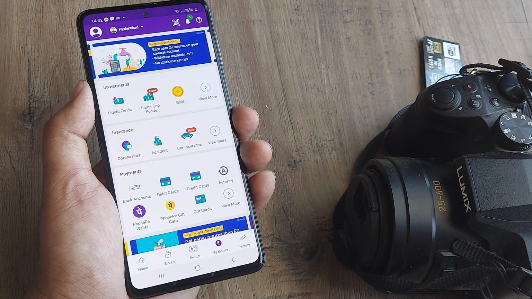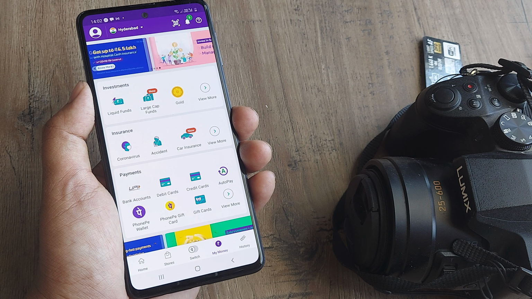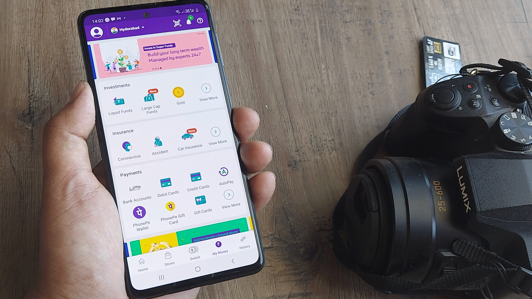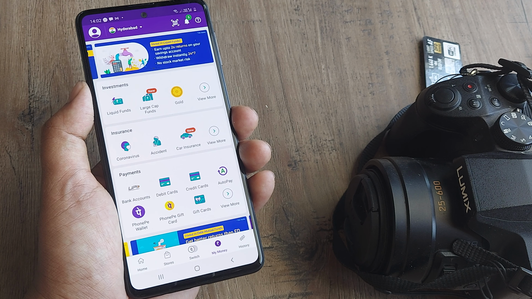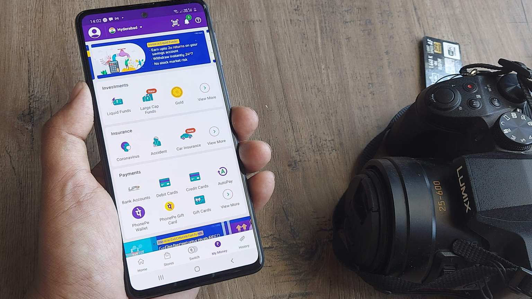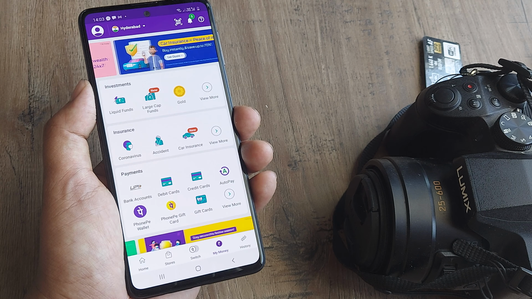In case you are struggling with creating a UPI pin, please note that you need to be on a secure network. You need to have just the account with yourself. You should not have the PhonePe number with multiple account holders, that is, your mother, father, sister, or somebody else having a different bank account but the same mobile number. Then you won't be able to add bank accounts, neither will you be able to set a UPI pin.